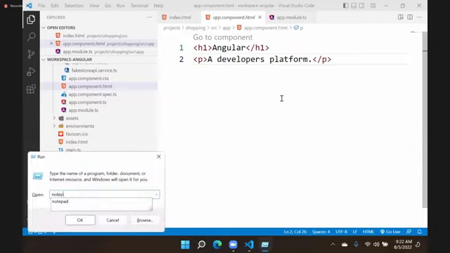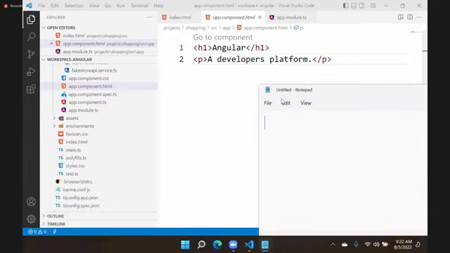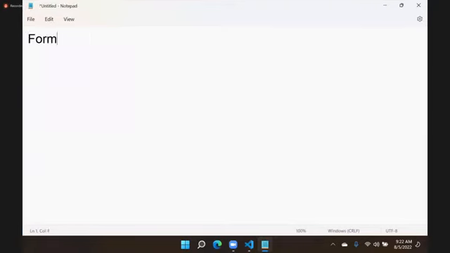So last session we learnt how to create forms and validation. We learnt how to design forms and validation. Now, one more important thing: we learnt template driven forms. We will see how we work with